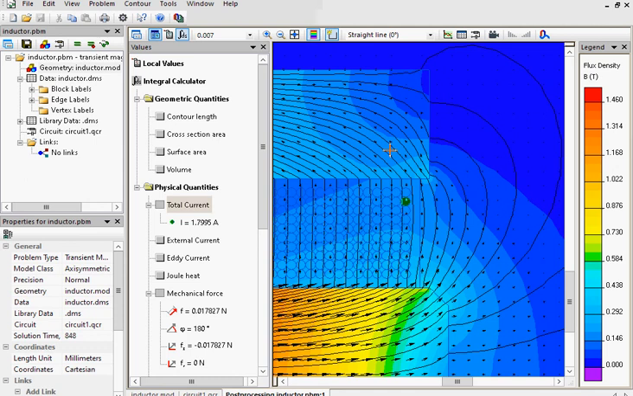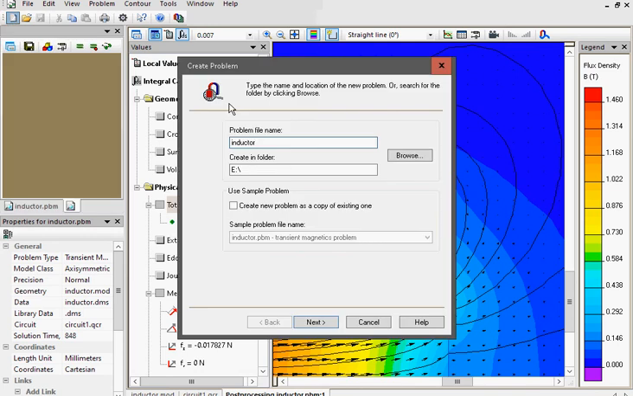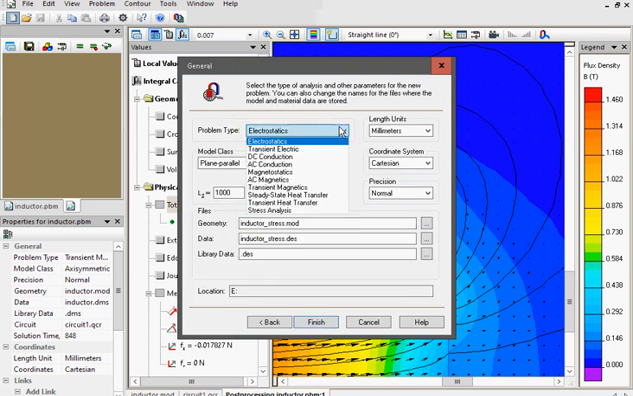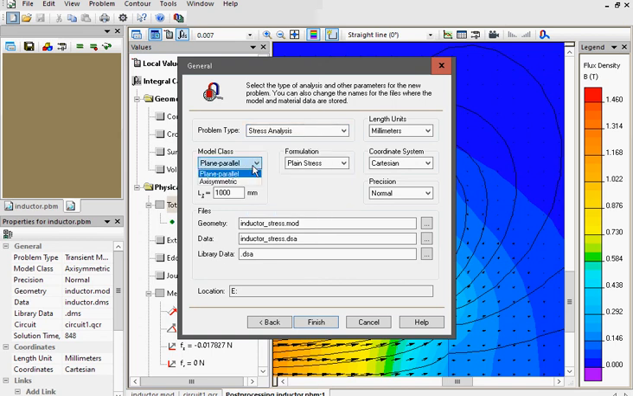That is done through the problem linking. But first I should create stress analysis problem. Problem name: inductor stress. Next. Problem type: stress analysis. Model class: the same, axisymmetric. Length units: millimeters. To be able to pass data from one problem to another, both problems should be based on